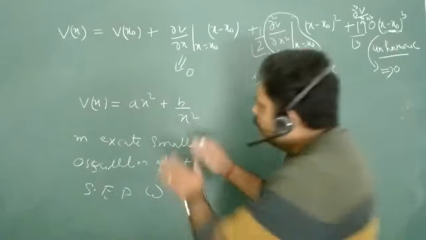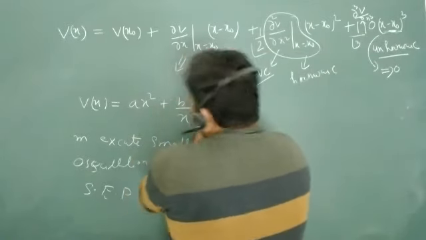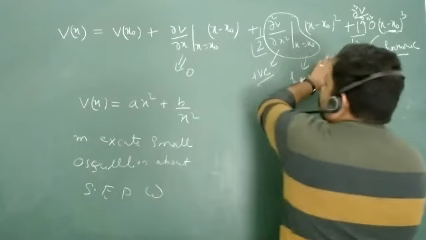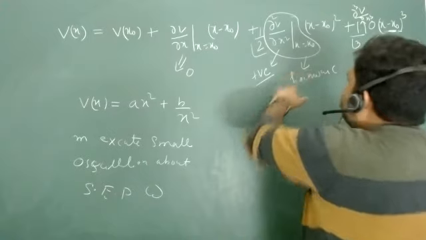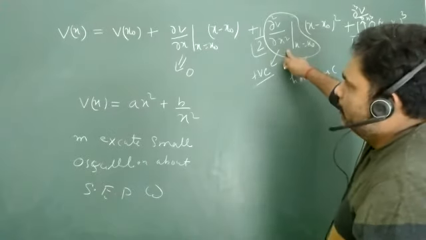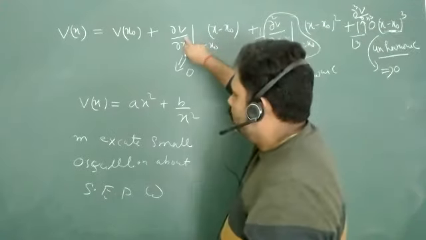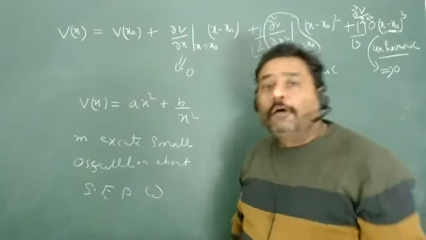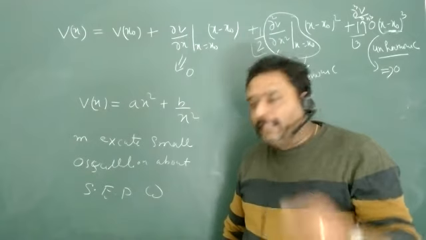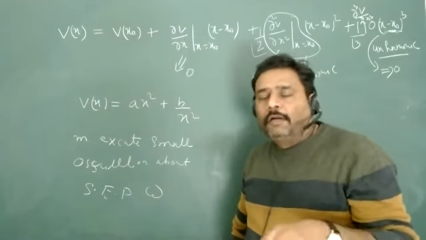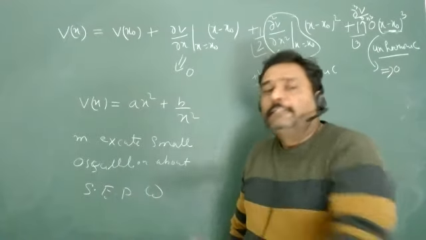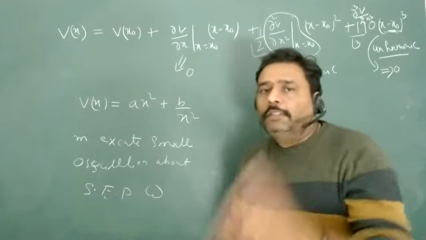you will not neglect any part in a potential. First, you will do the Taylor expansion, and then you have to get this number, because this number will always be 0 at the stable equilibrium point. And you should also verify whether it is a stable equilibrium or not. If it is not a stable equilibrium point, there is no chance of oscillatory motion.